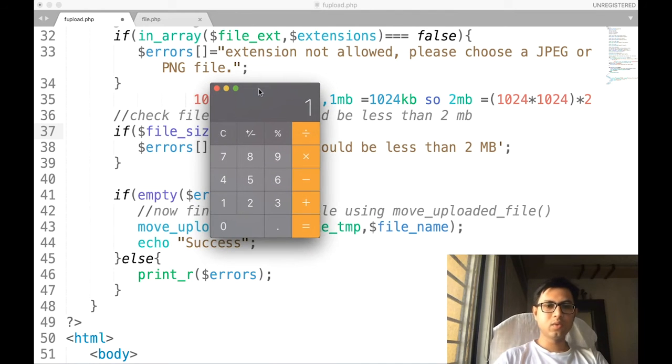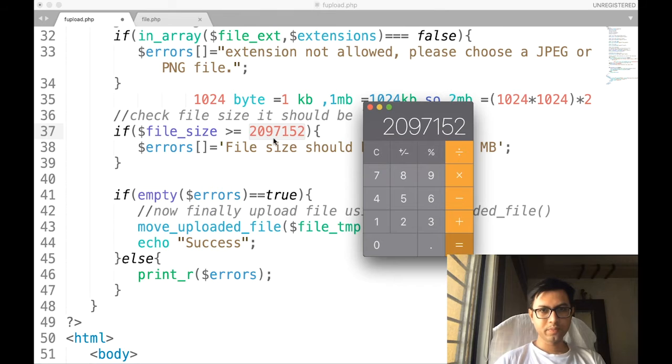That is 1024 multiplied by 1024, multiplied by 2. Let me do it once again, 1024 into 1024 into 2, that is this much.